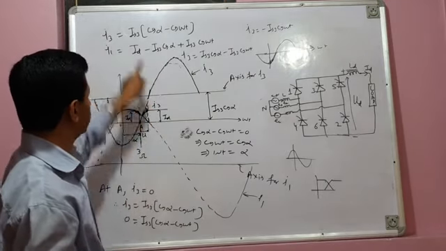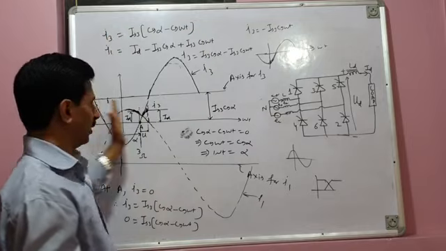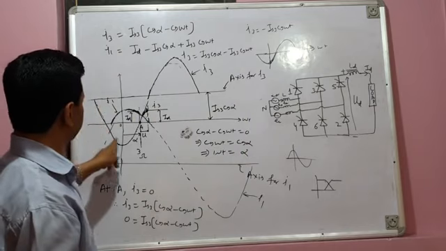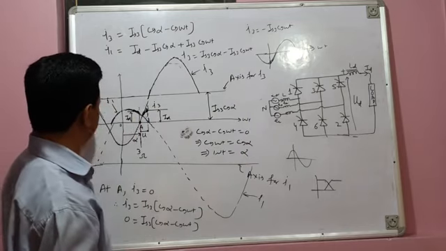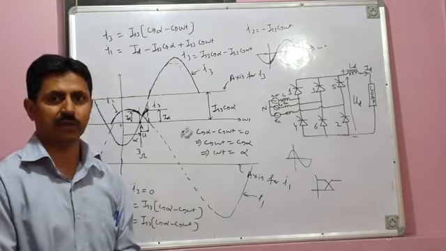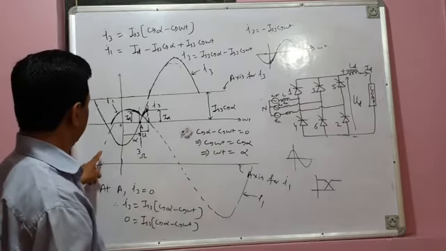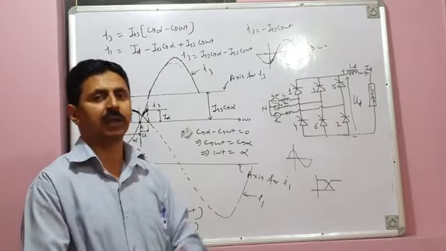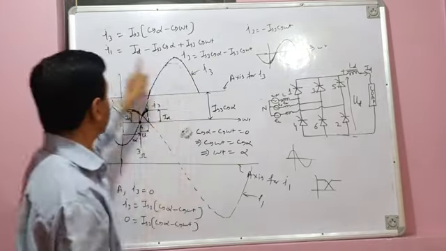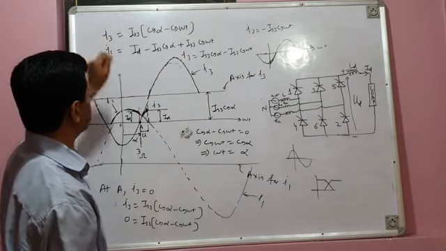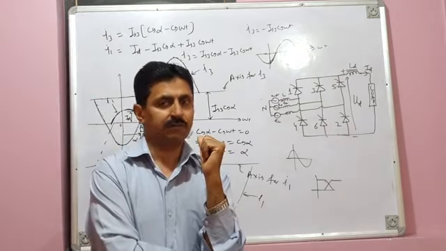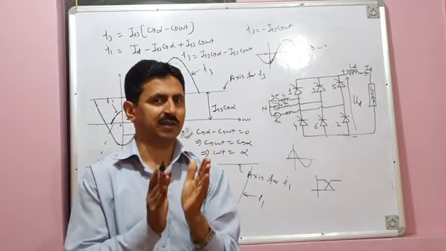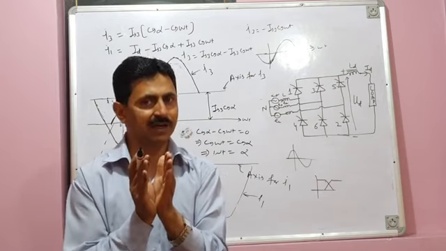If you draw these two equations over before commutation and after commutation also, you will get the waveform for I3 with negative half cycle and positive half cycle as a negative cosine wave. Similarly, if you draw I1, you get a positive cosine wave like this with positive half cycle and negative half cycle. But I repeat, the mathematical expressions for valve currents I1 and I3 which we have obtained hold only during the commutation overlap period when 1, 2, 3 valves are conducting.